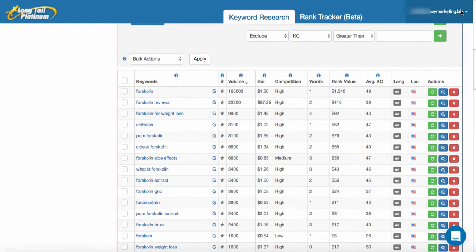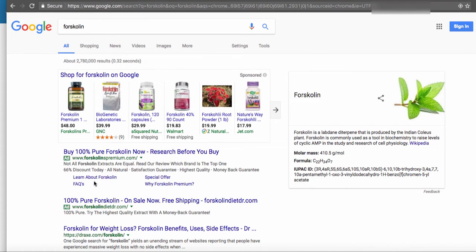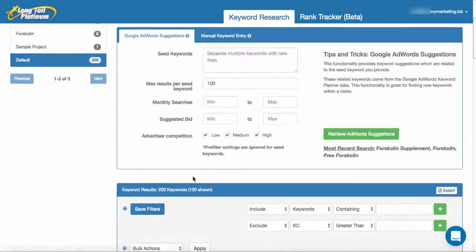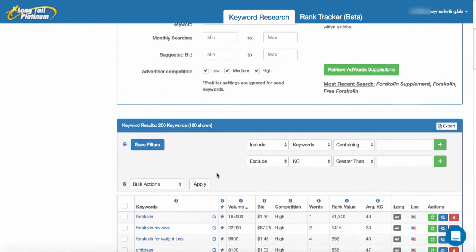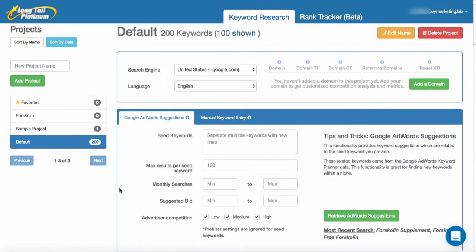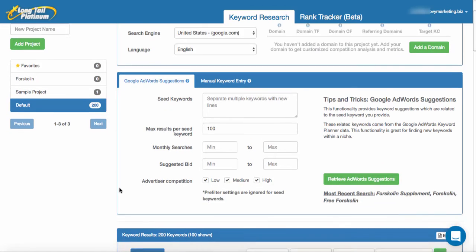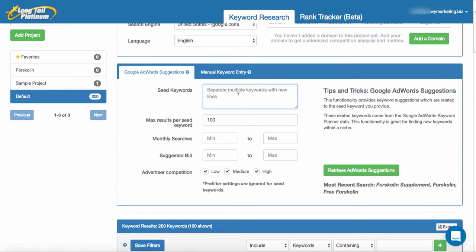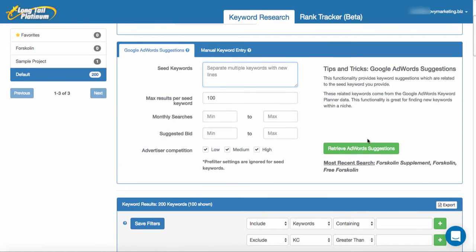So using the example of pure Forskolin, for example, I've done the keyword research. I've got 200, I guess, what they call seed keywords. That is, I typed in several Forskolin based phrases into this little section, and I push retrieve AdWords section, and